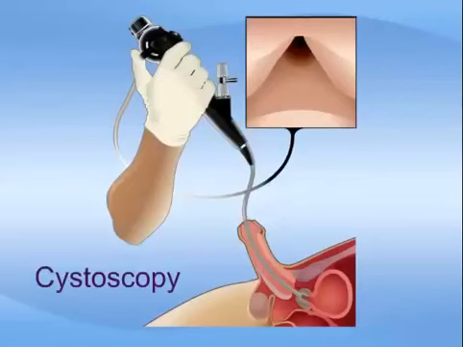A cystoscopy is a special test occasionally performed in the evaluation of prostatitis, especially if there is blood in the urine or other conditions of the urinary tract must be ruled out. This procedure involves passing a small, flexible telescope with a lens and light to view the urethra, prostate, and bladder. The doctor will first numb the urethra, or urine channel inside your penis, with an anesthetic jelly, and then insert a small flexible telescope into the urethra. The images from the scope are usually displayed on a video screen, allowing the doctor to determine the size of your prostate gland and to rule out any other problems in the urethra or bladder.